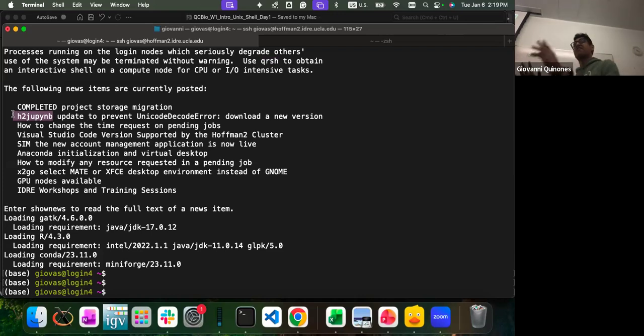You have a nice interface where you can write your code and see the output. You can make, for example, graphs and figures, and see how they come out. And this notebook is directly connected to Huffman, so you have all the advantages of a nice interface and also the computer resources.